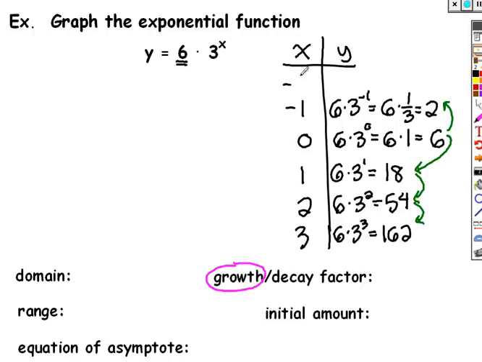And let's plug in one other point to the left of the y-axis. So 6 times 3 to the -2 power. Well, that would be like 6 times 1 over 3 squared. 3 squared is 9. And 6 ninths is 2/3. Does the trend continue? Sure. If I take 2/3 times 3, I should get out 2. So now if we're graphing this,